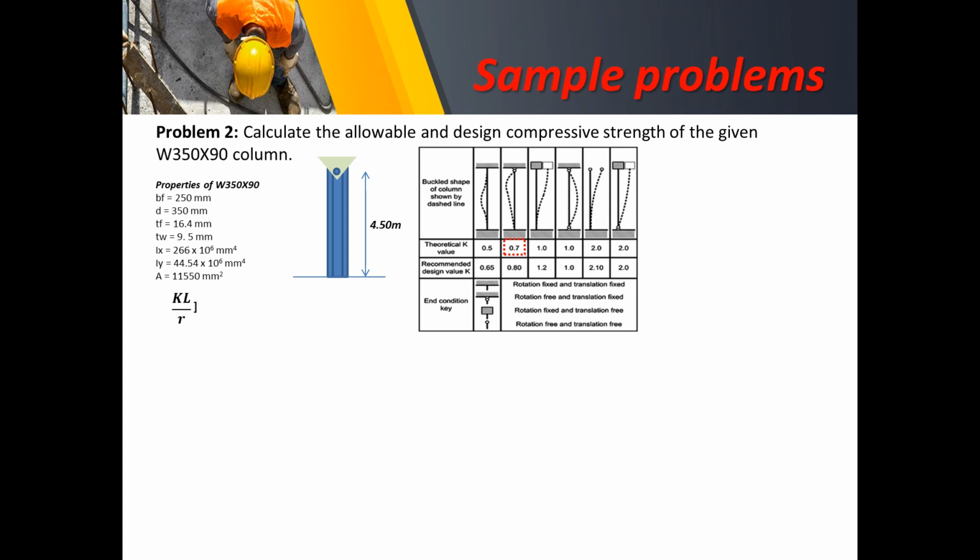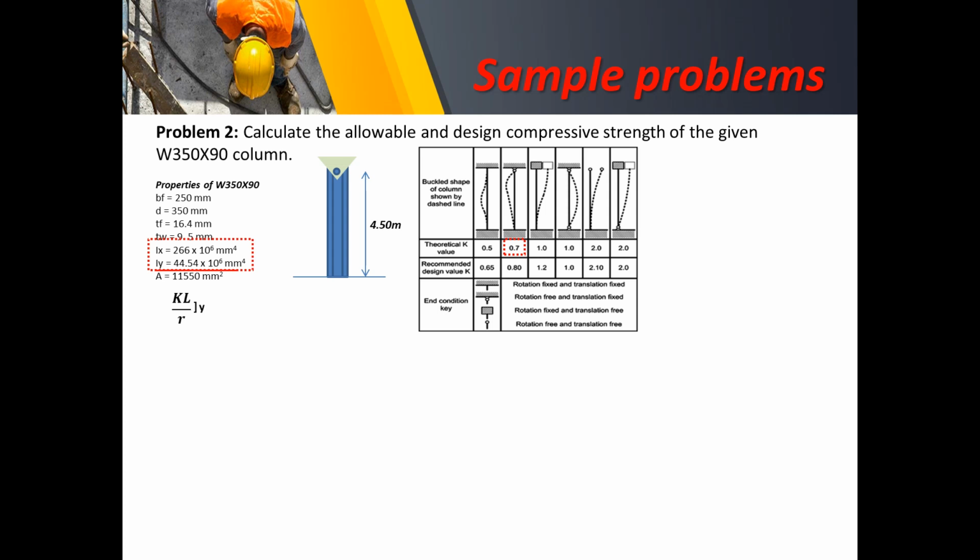So KL over r along y. Since we already have the properties, we just have to select the axis that has the lesser value of the moment of inertia in order to come up with a larger value of KL over r. And that is actually acting on the y-axis. So between these, we're going to choose the y-axis because that has the lesser value of I,